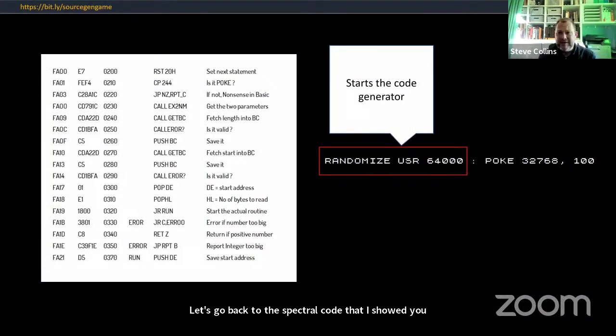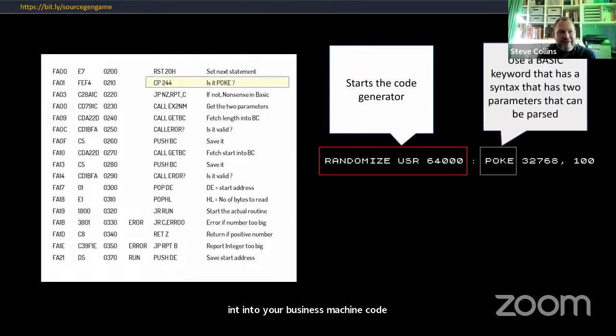So in this snippet, it's parsing the incoming code to work out what memory we want to dump into a program. The first bit of code highlighted on the right is the syntax to start the machine code routine, which was this really weird syntax of RANDOMIZE USR and a memory address. That was basically your entry point into your bit of machine code. Then I did a fiddle based on the Spectrum's BASIC syntax.